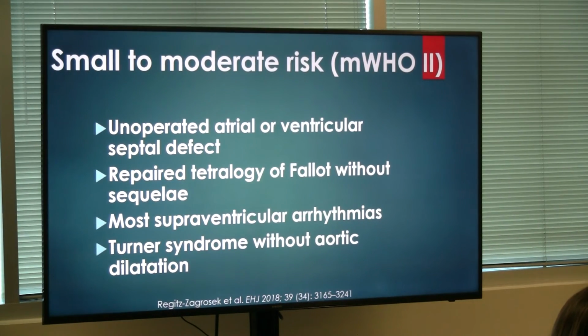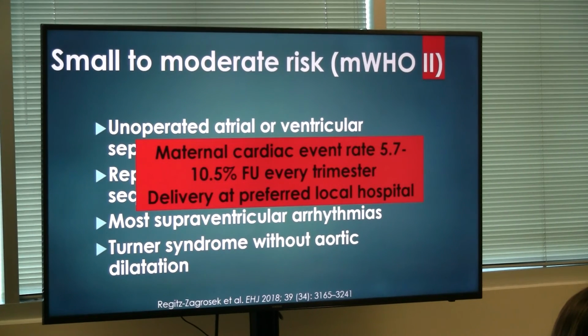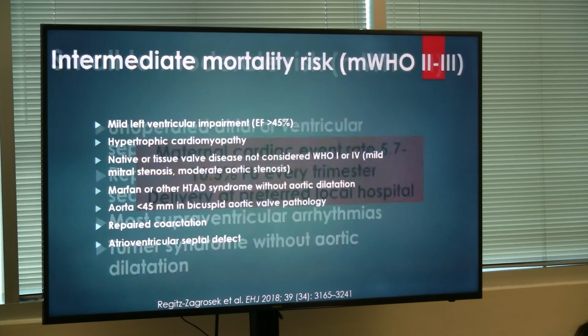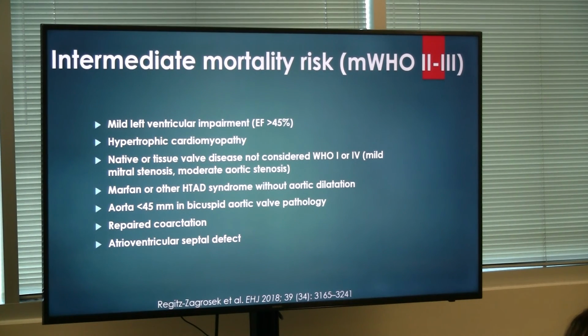Then there is small to moderate risk, which is modified WHO 2 classification, which includes unoperated, sizable atrial septal or ventricular septal defect, tetralogy of Fallot without sequelae, most supraventricular arrhythmias, Turner syndrome without aortic dilatation. A maternal cardiac event rate is slightly higher, 5.7 to 10.5%. We need to follow up every trimester, but they can still be delivered at a preferred local hospital if everything goes well. And then intermediate mortality risk